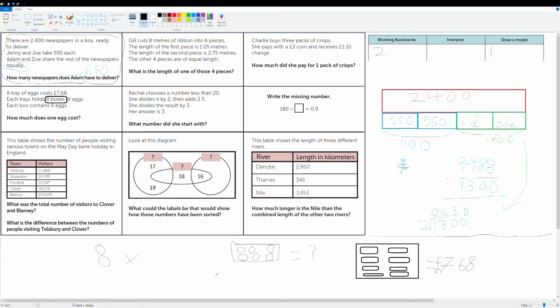And I know that there's 6 eggs will equal 1 of these round boxes here. With me so far? So now what I can do is I can actually put these together, and I can take the 8 times here and move it down here. And now if I say 8 times 6 times the number of eggs,